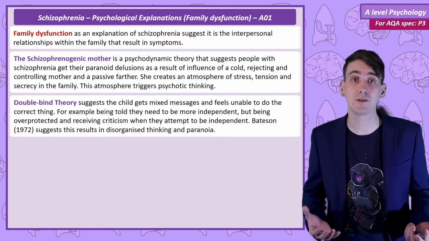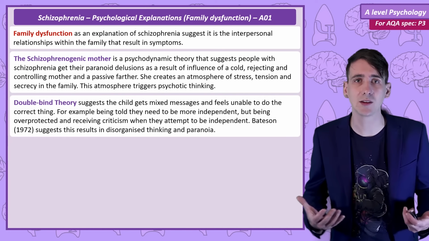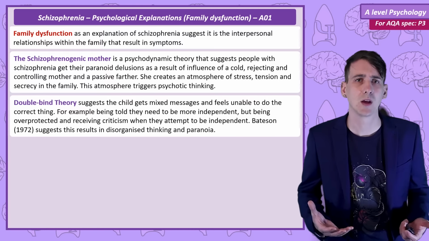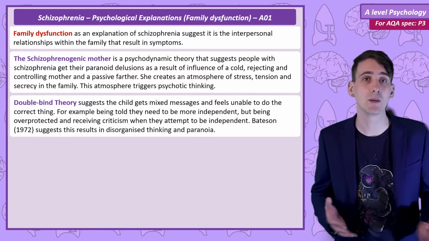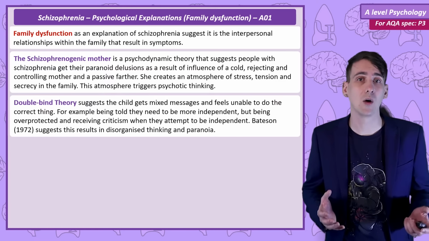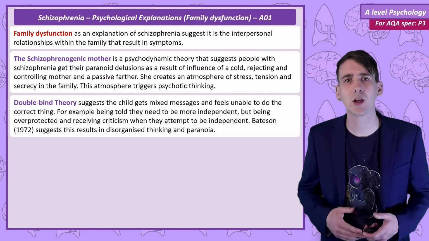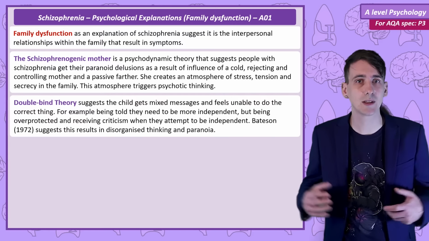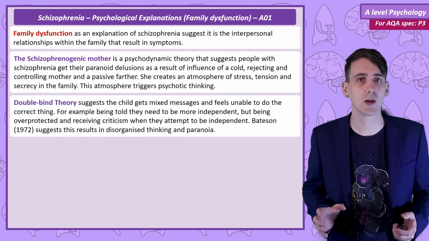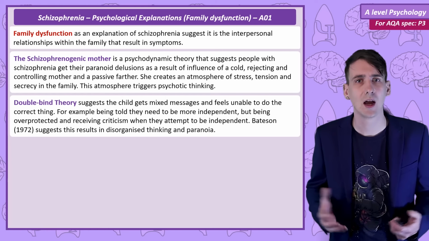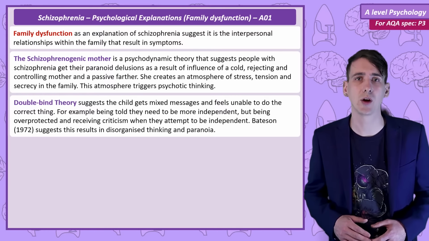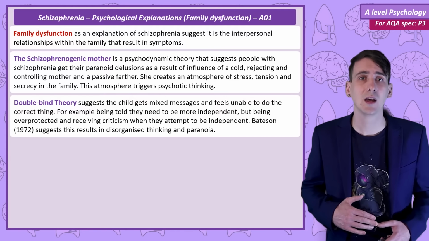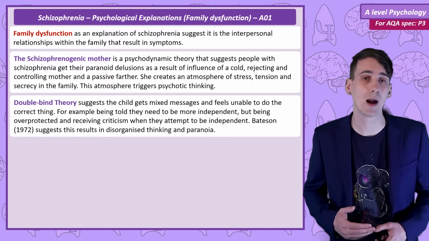A second concept is that of the double bind theory. This suggests that in the family, the child is constantly receiving mixed messages about what's expected from them. Let's look at an example. So they might get told that they need to be more independent. They might say, "Oh, I don't like it when you sit around the house so much. Why don't you go and do something?" But when they try to be independent, the parent could be overprotective and say, "Oh, I didn't like it when you went outside. I worry so much about you. I really don't think you can handle being outside on your own." Now, this mixed message approach to parenting, according to Bateson, can result in disorganized thinking and paranoia.